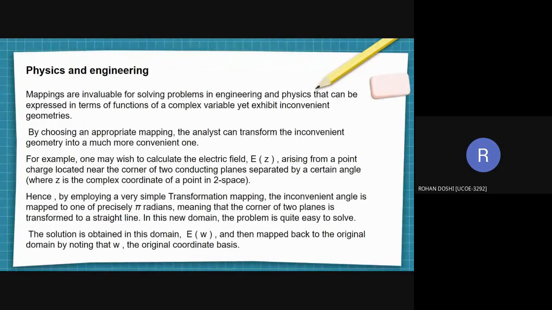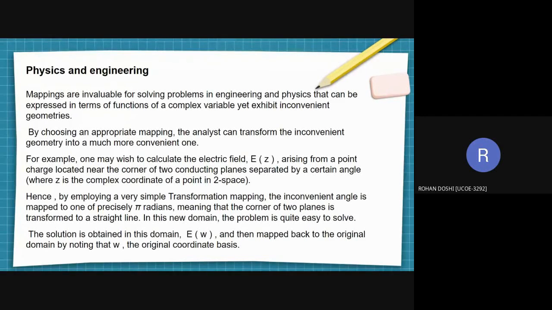Physics and engineering. Mappings are invaluable for solving problems in engineering and physics that can be expressed in terms of functions of a complex variable yet exhibit inconvenient geometry. By choosing an appropriate mapping, the analyst can transform the inconvenient geometry into a much more convenient one. For example, one may wish to calculate the electric field E of Z